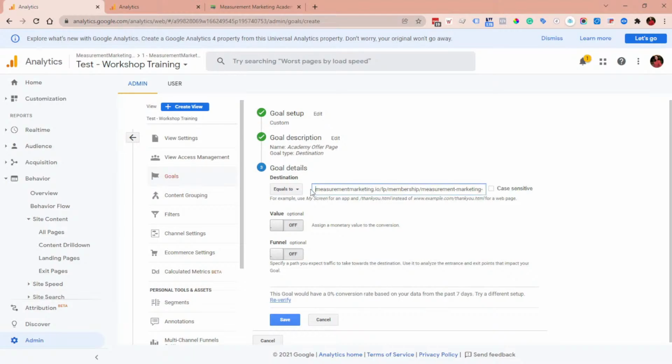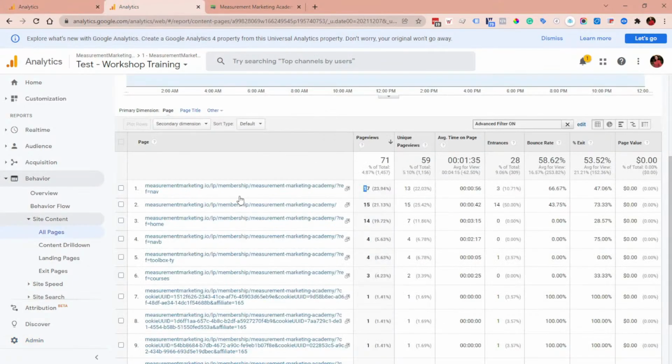Let's actually try that real quick. We'll see re-verify. Gonna give it a moment. And it's saying we have this kind of conversion rate for that. Coming back over here,